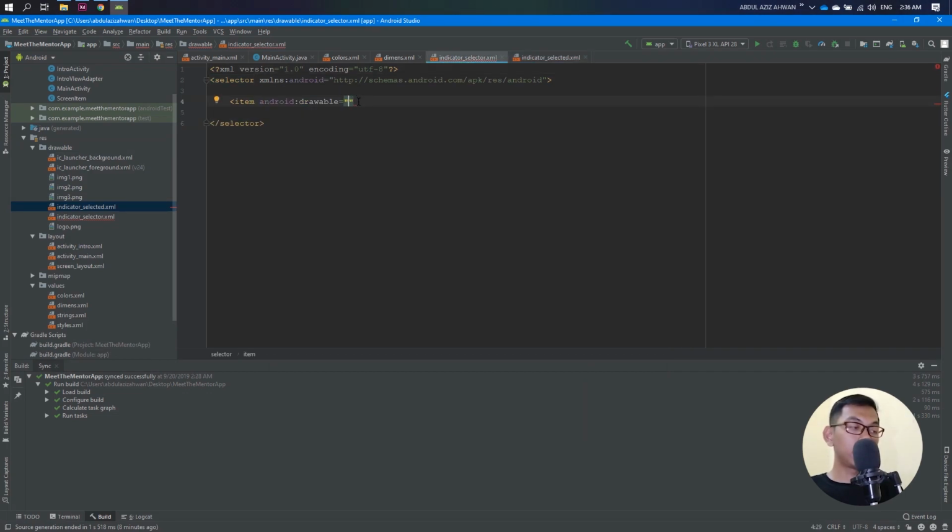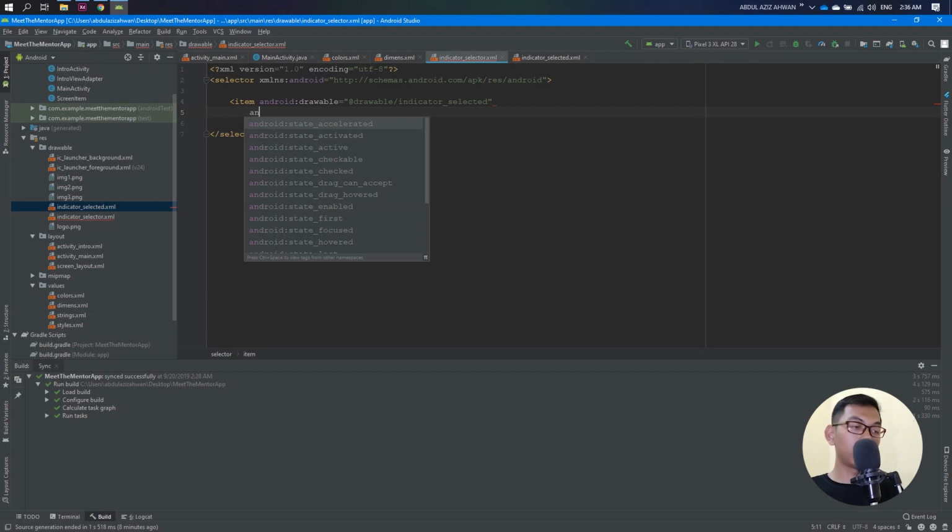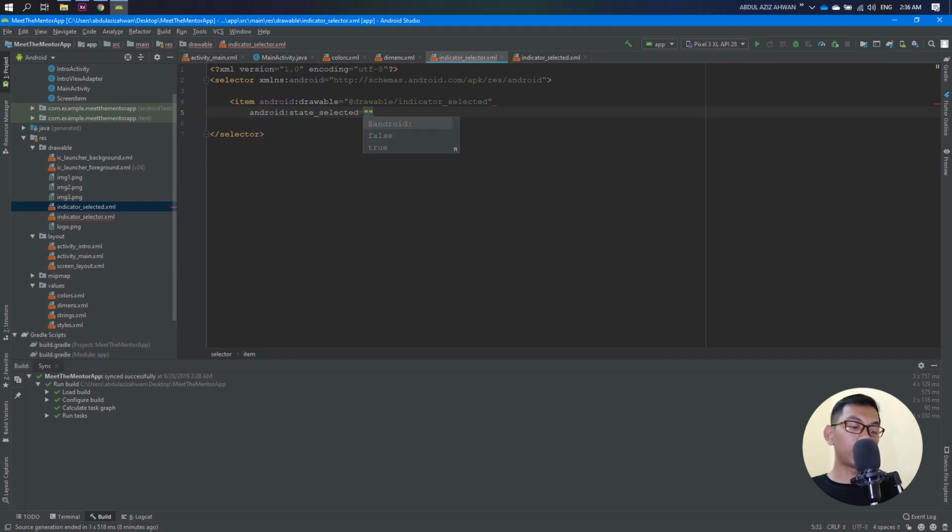And this drawable indicator selected, and then android:state_selected true,